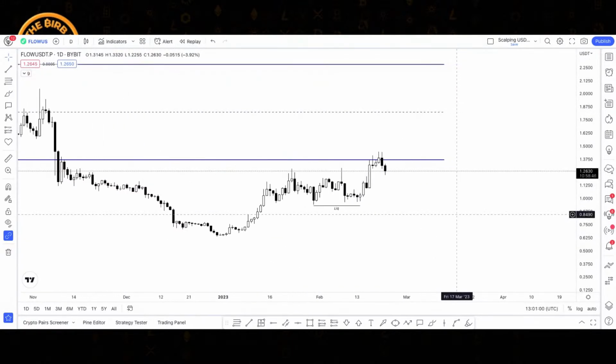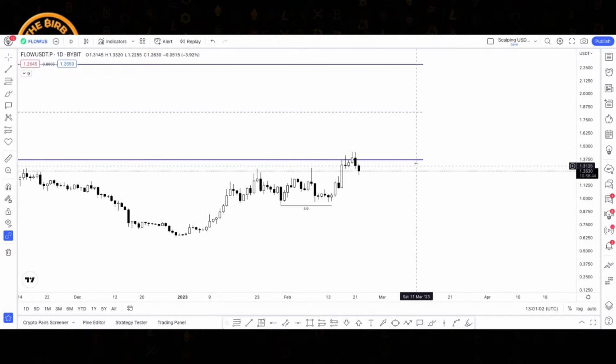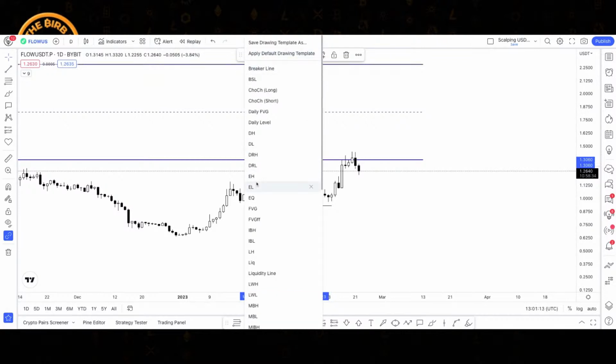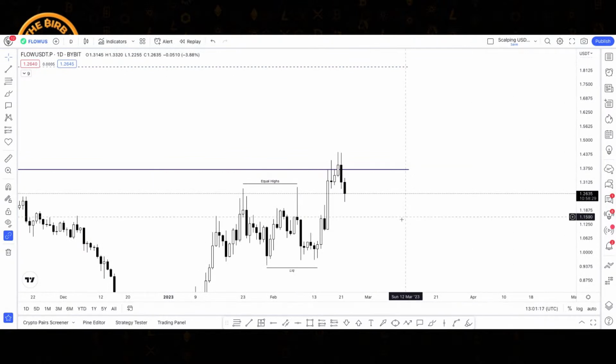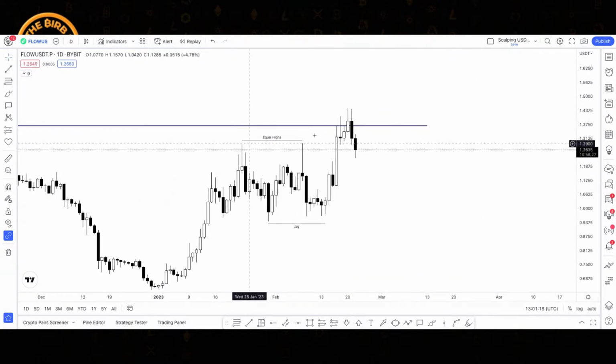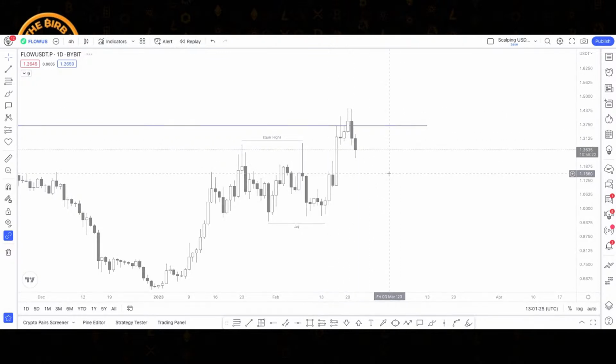So on a daily scale, is there anything else we should be looking at? I think what concerns me here as well, looking at this to the downside, is we've got these equal highs, right? Now, these have been run. And like we said, if this is engineered liquidity, then we're in a situation right now where price has run equal highs, it's had a rejection off of our key level, and is now starting to break down. So if we then take this down to our 4 hour,